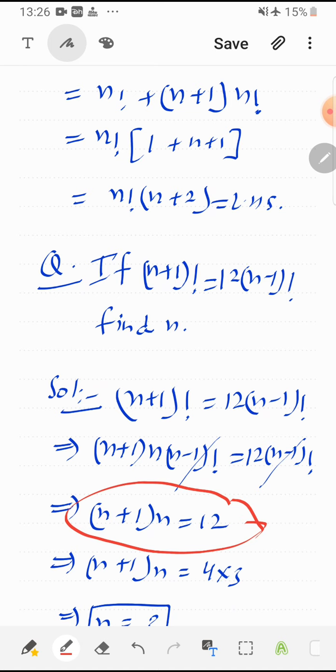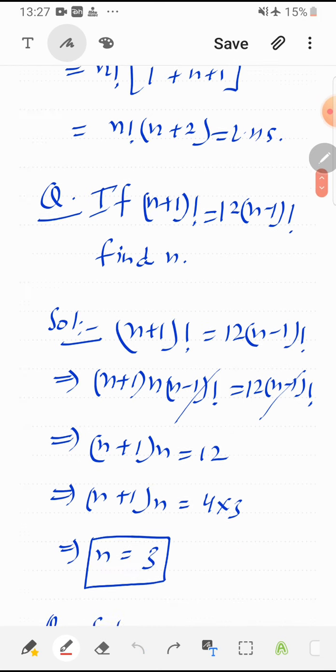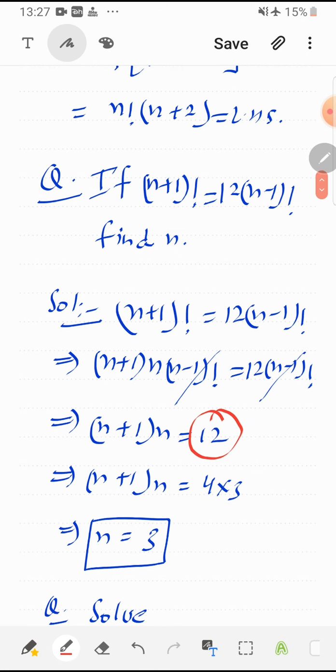this is an expression which can be converted into a quadratic equation, and we can find n. That is one ultimate way we have, but by observation also we can find n. How? Let us see. If we convert the right hand side, that is 12, into a product of two consecutive integers, this is not difficult, it needs some concentration and practice. So by just comparing we can find n is equal to 3. So we have both options: either we can form a quadratic equation or just by comparing we can find the value.